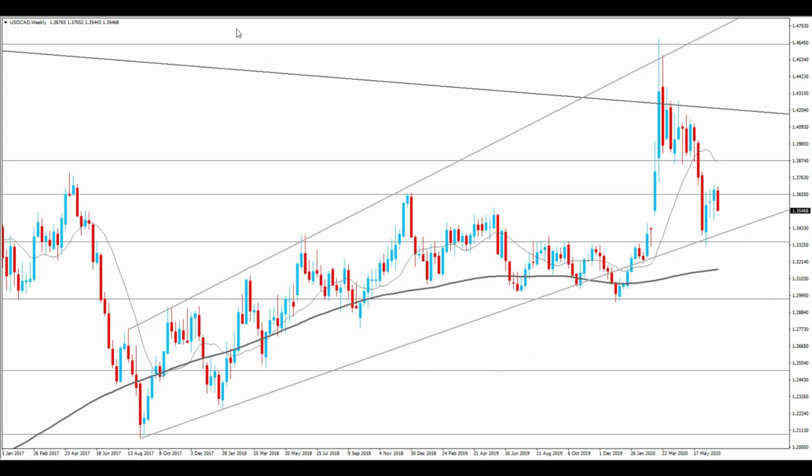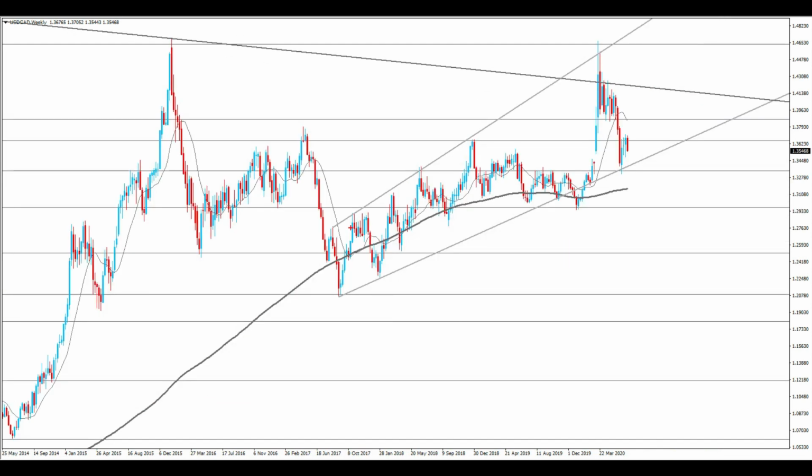We're still favoring a breakout to the upside because we have this ascending channel on the weekly. And you can see, if I zoom out to see a little bit better, that we have this ascending channel with multiple touches, and we had a recent touch of this trend line the past few weeks. So we're expecting price to respect this trend line and get a move to the upside,